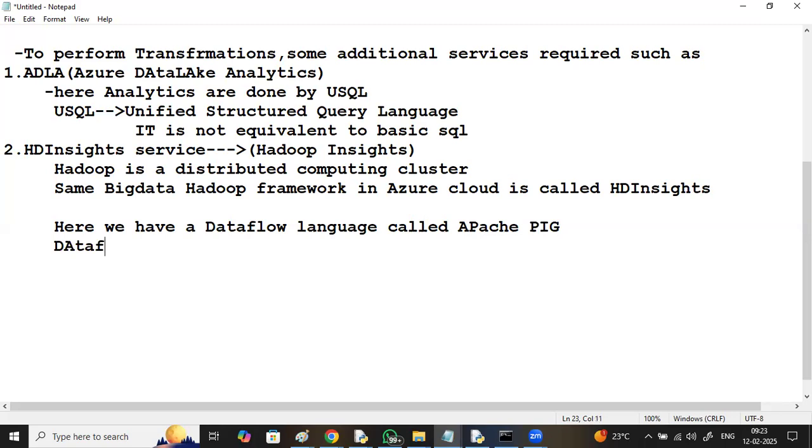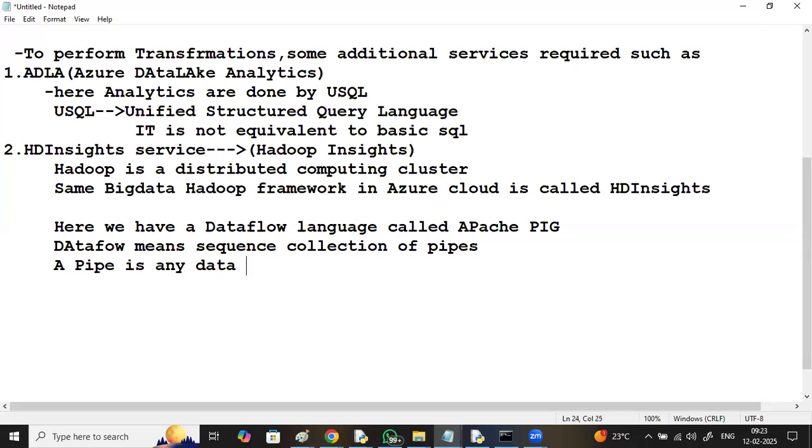What do you mean by data flow? Data flow means a sequence collection of pipes. What do you mean by a pipe again? A pipe is any data operation,